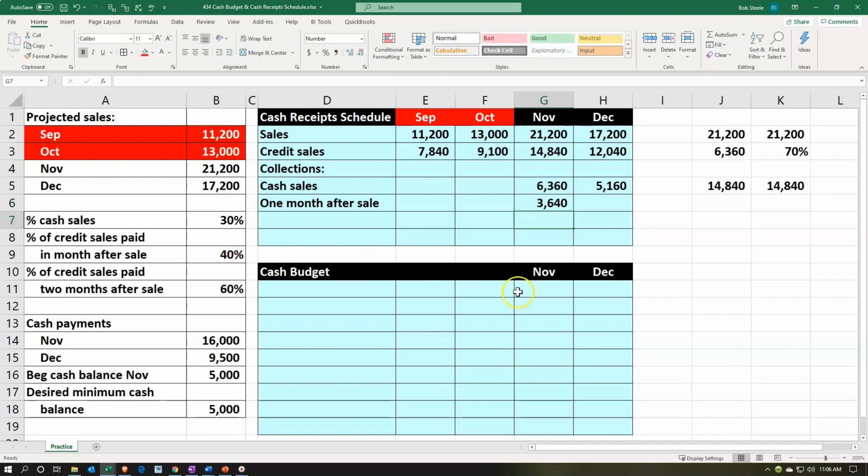Enter, put our cursor back on that cell, put our cursor on the fill handle, and drag it to the right. Double check that this is doing what we want, double clicking on it. We're now taking the November number times that 40% that we're going to collect on it in the following month,